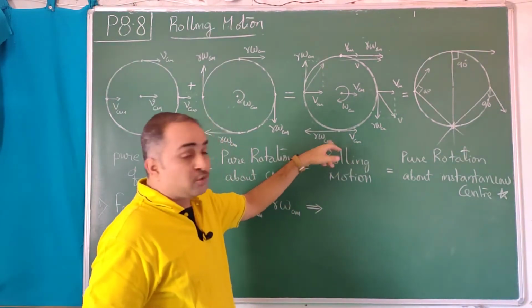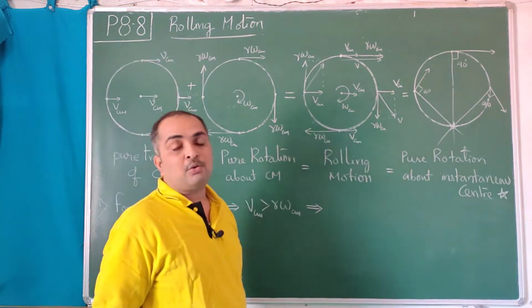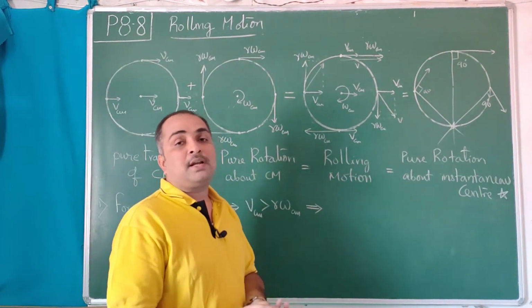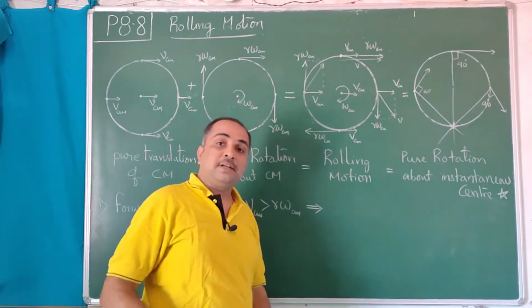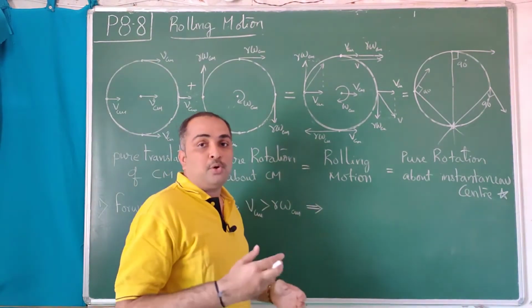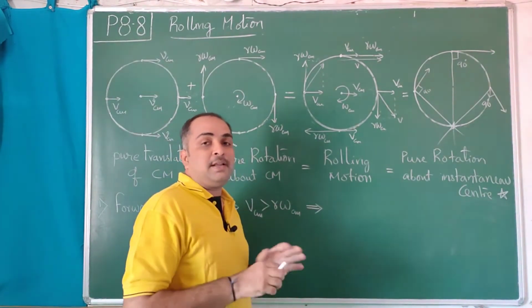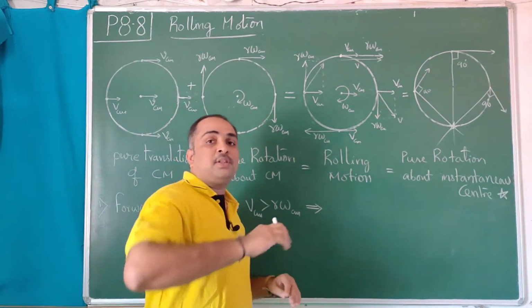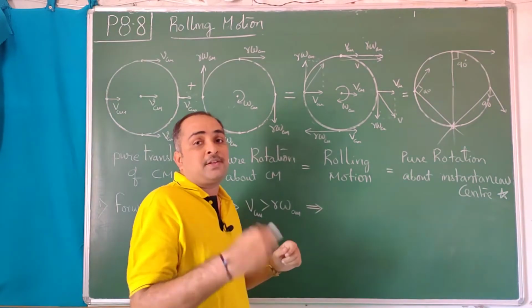This is not the case. This is actually backward slip rolling, where R omega is more than V. But if V is more than R omega, it translates more and rotates less. That actually happens if you are coming down a hill which is a little smooth, then your vehicle will translate more. During the translation, rotation will be less. So it will be skidding. Particularly if you want to see this, if you are coming down the hill, try to apply slight brakes, not heavy. If you apply completely, it will arrest the rotation.